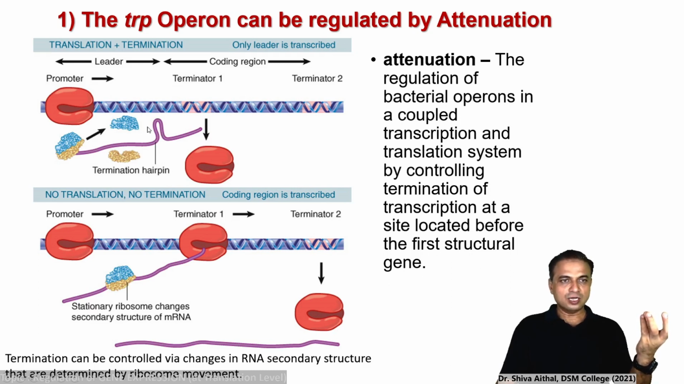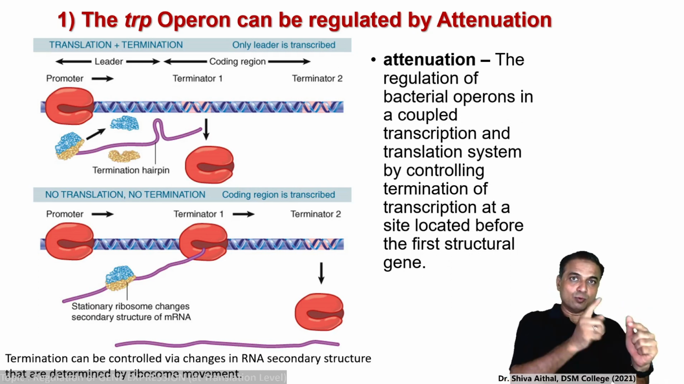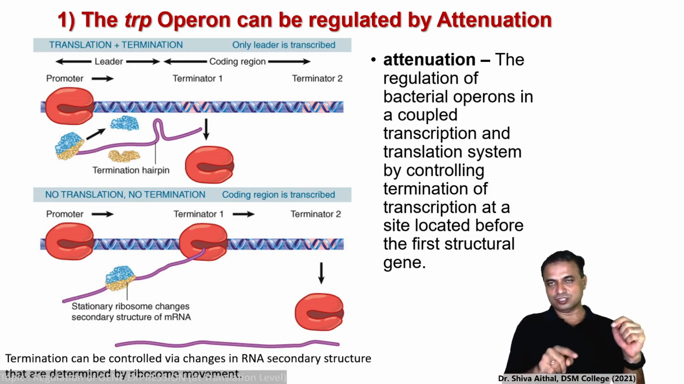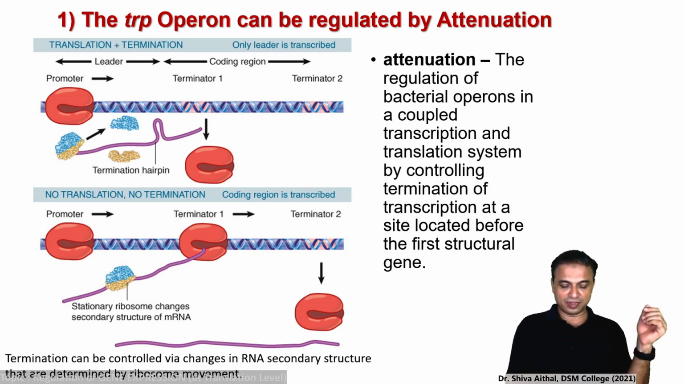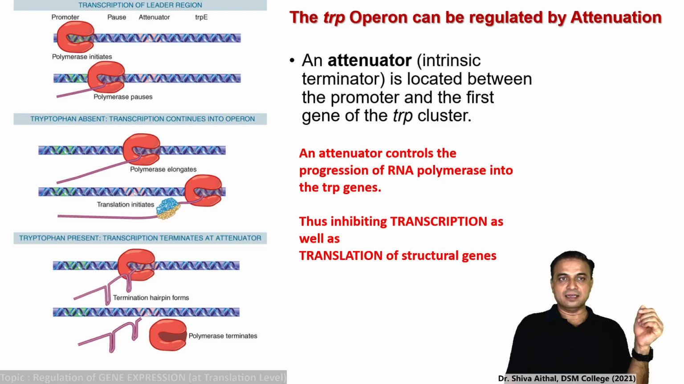Termination can be controlled by change in the RNA secondary structure, which determines the movement of the ribosome, and ribosomal movement also complementarily determines the formation of these structures. They both go hand in hand, as we saw in the leader sequences in the tryptophan mRNA. So tryptophan operon can be regulated by attenuation. An attenuator is an intrinsic folding of mRNA, an intrinsic terminator, which is located between the promoter and the first gene